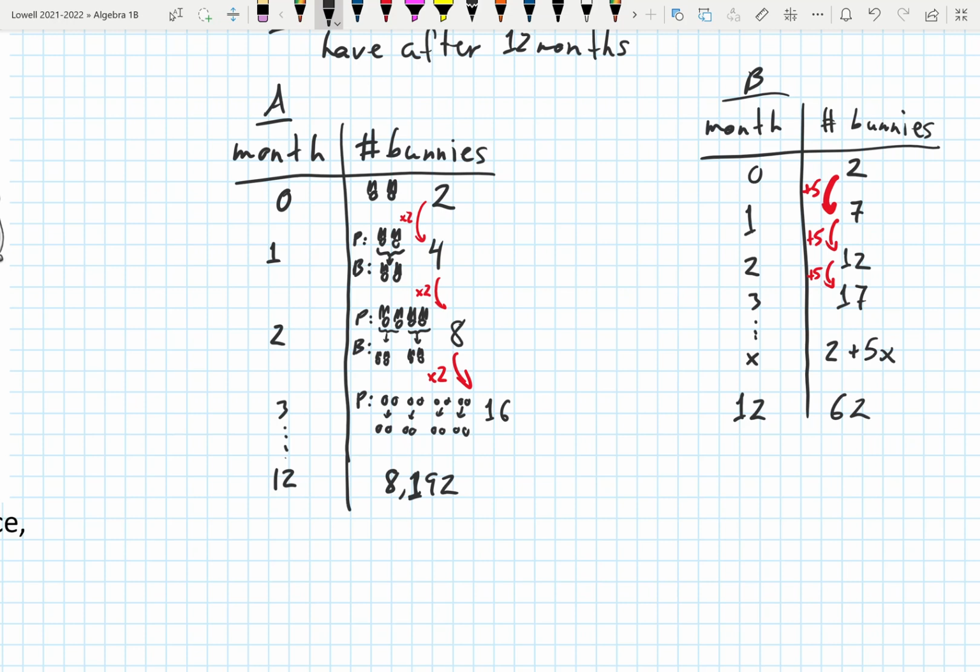Okay, so we can see already comparisons. In this situation, where this is times 2 times 2, times 2, we have 8,000 bunnies. And then when we just add 5 each time, we only have 62 bunnies. So clearly, exponential growth, which is what this is. Okay, so I kind of spoiled it already. So exponential growth,